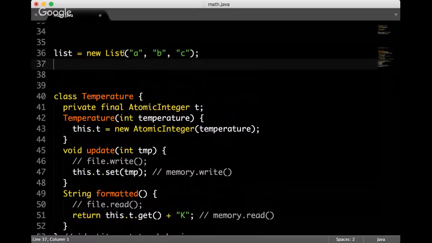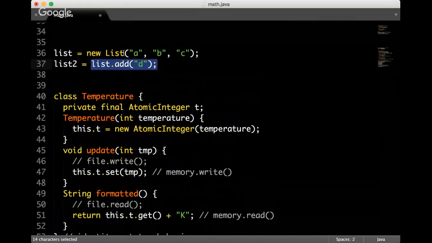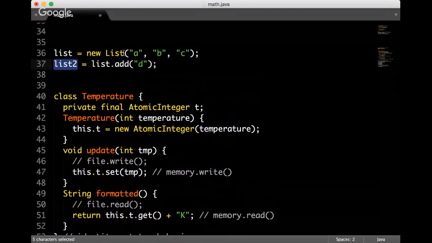And then I want to add one new item there. So basically, if everything is a constant, then I cannot do anything with this list except like this. I will have to change the list. I will ask that list to add one more item and return me the list number 2. And then this list number 2 contains 4 elements, while this list contains 3 elements.